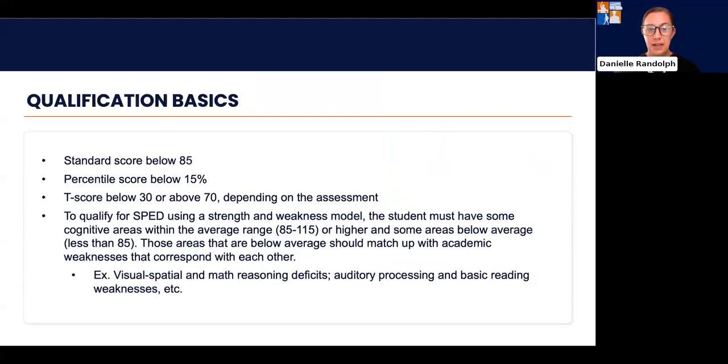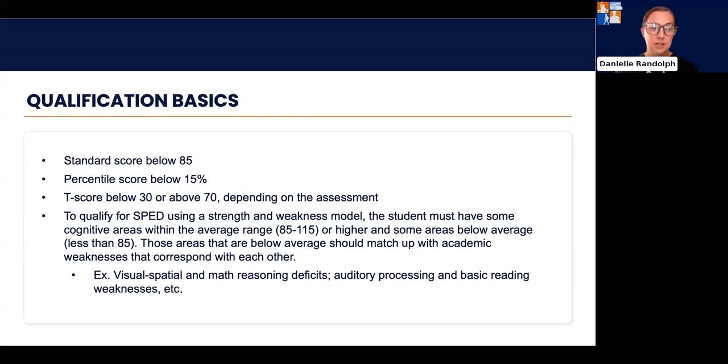Next slide. Thank you. So now that we've talked about different intellectual abilities with the cognitive scales, we talked about academic achievement and looking at those areas of qualification, I wanted to spend a couple slides, a few minutes on qualification basics, because this is something that as an advocate, I oftentimes will speak to my clients and to parents about qualification, because I'm a parent myself, and if my child was struggling in school, I can see why